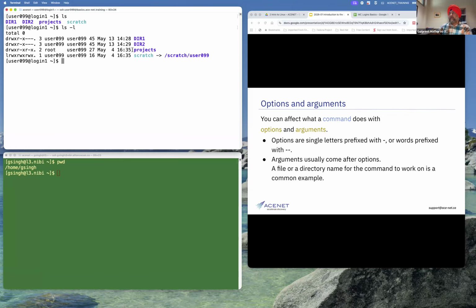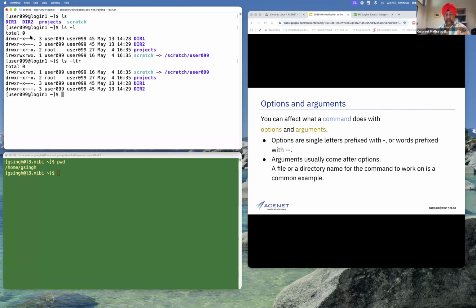And one other format you can use is ls minus ltr. If you do that, ltr will place everything in order, so the most recent changes will be placed right at the bottom. You can see it has arranged by time, and that happens to be one of my favorite commands, ls minus ltr. If you want to know which was the most recent change, you can use that command as well.